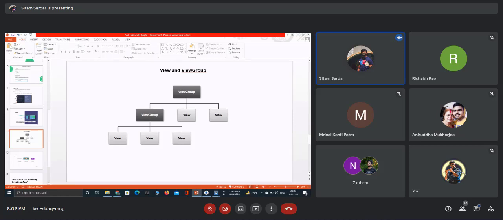You can put it inside, but inside a biscuit you can't put a container. The same concept is used here. The container is the view group and the biscuit is the view.